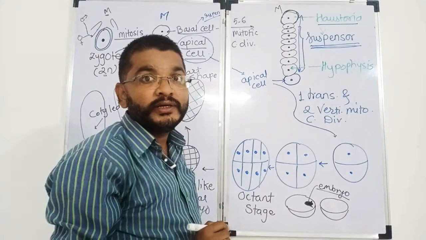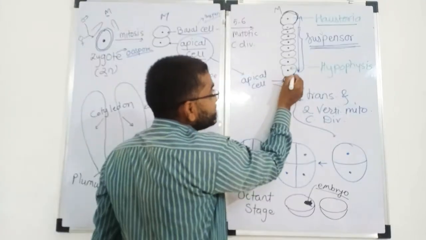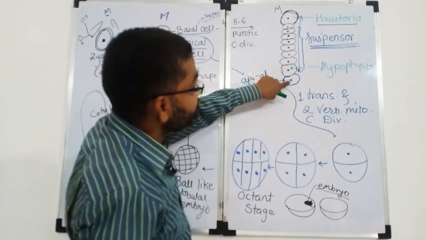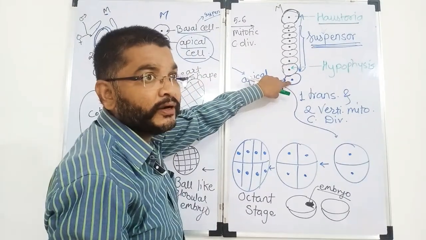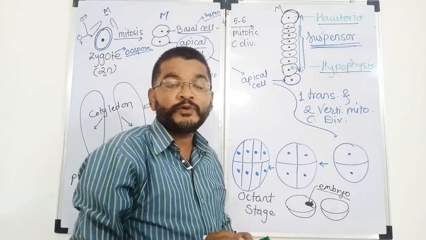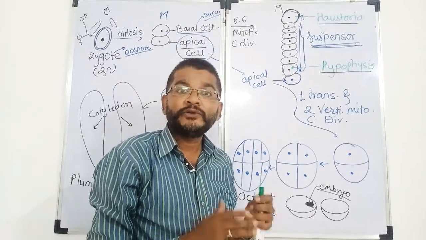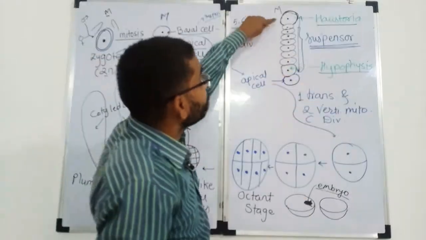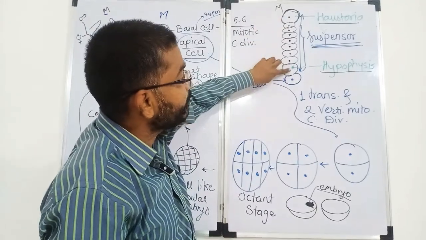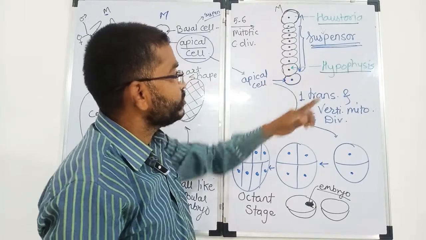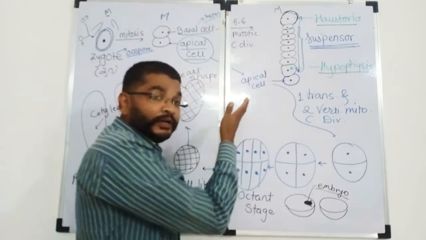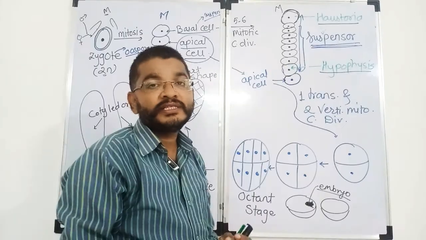Therefore it is called as what? Haustoria. And the large size cell which is present towards the base, and it is closely associated with the apical cell of suspensor, that is called as hypophysis. Means suspensor is provided with two large size cells on two opposite ends. Towards the micropylar end, haustoria who suck food material, and hypophysis is closely associated with apical cell. Afterwards, here we finish with the suspensor.